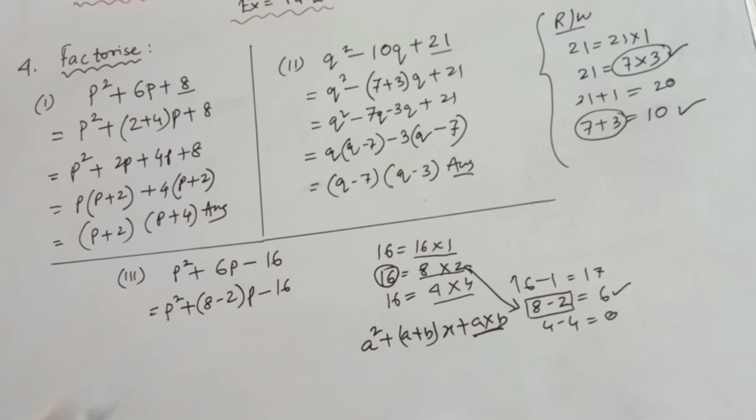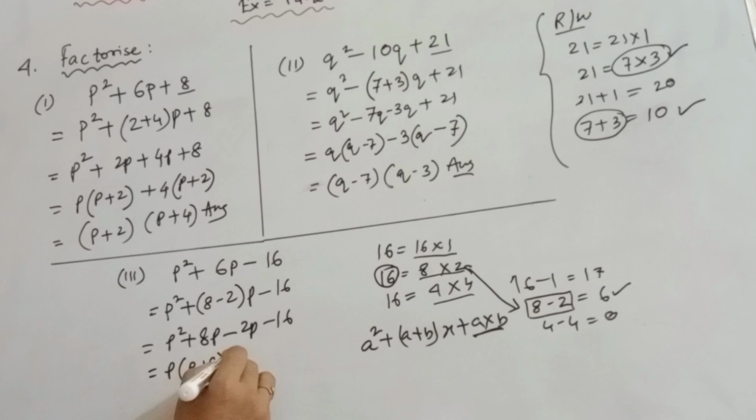So whatever we have done, the main part is to select a and b. We have selected a and b correctly, then our sum becomes easy. P square plus 8p, as the plus sign is outside, so the sign will not change, minus 2p minus 16. Now take p common. If you are taking common, p plus 8 will be the common part inside the bracket, p and 8. Again you take 2 as common, then p will be left here, and minus will become plus 8. You have seen that the common part is the same again here.